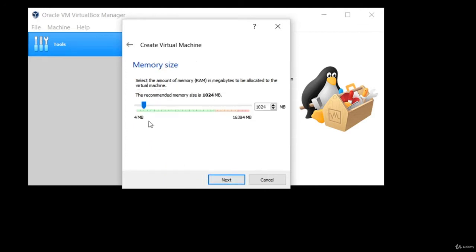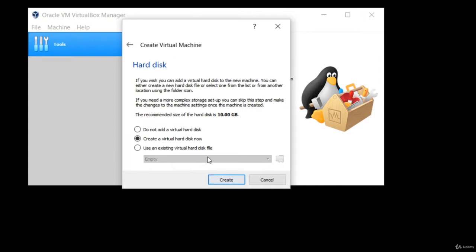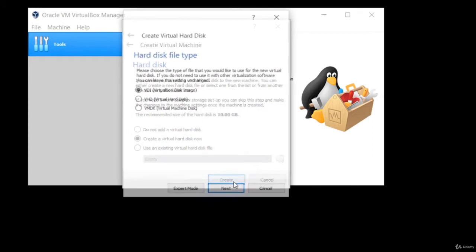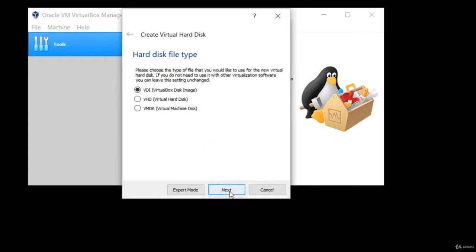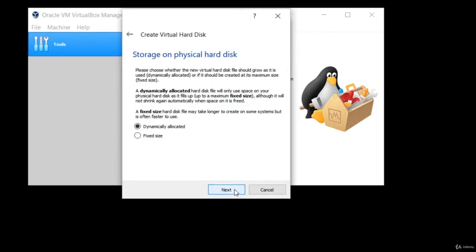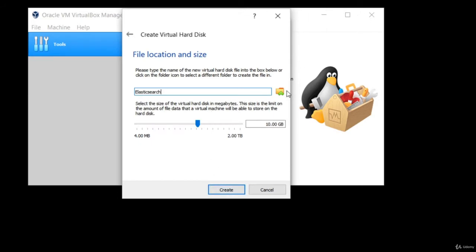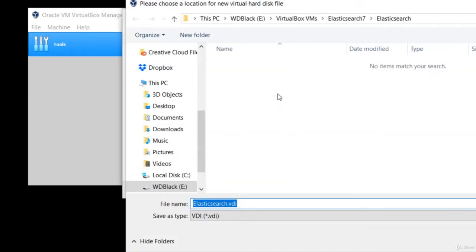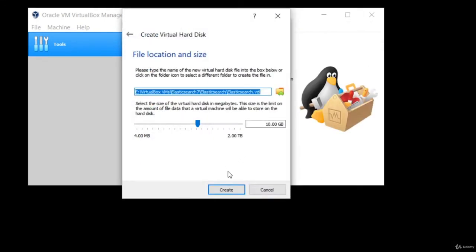And I'm going to allocate about half of my physical memory to this virtual machine. So for me, that's going to be 8 gigabytes, 8192 megabytes. We will go ahead and create that virtual hard disk for it. We are going to need about 20 gigabytes for that. So again, make sure we're putting it someplace that has plenty of room. Default's fine there. Dynamically allocated is fine. And we are going to select a different home for this. Make sure that that is on a drive that has plenty of space. And I'm going to increase this from 10 gigabytes to 20 gigabytes because 10 just isn't enough. It doesn't have to be exact.